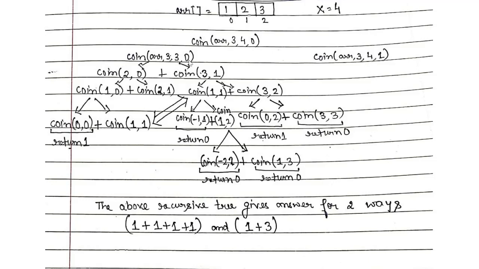So now what does this subproblem mean? This subproblem means, just tell me, starting from this index 0 till end of the array, in how many ways can I make an amount of 3? This subproblem means this thing. And what does this subproblem mean? This subproblem means, just tell me, starting from this index 1 till end of the array, in how many ways can I make an amount of 4? This subproblem says this thing.